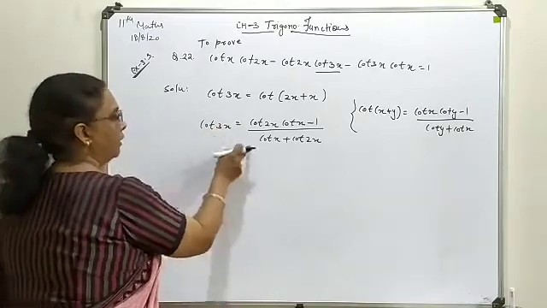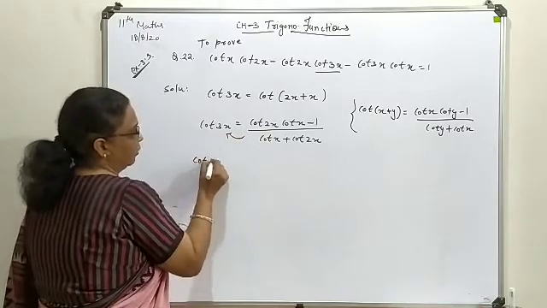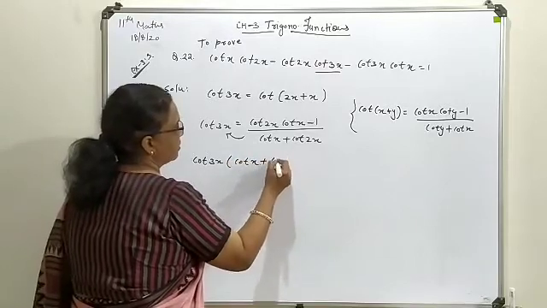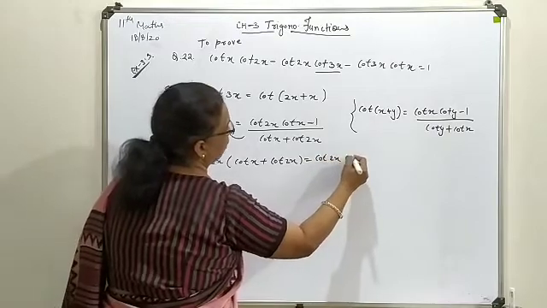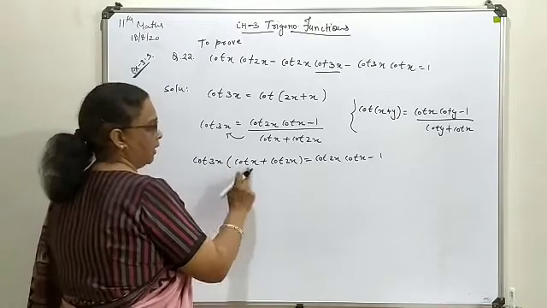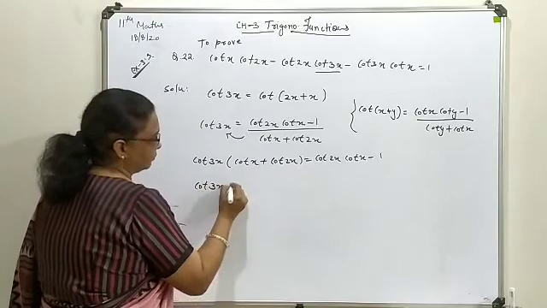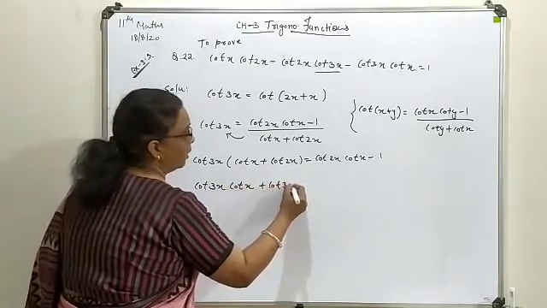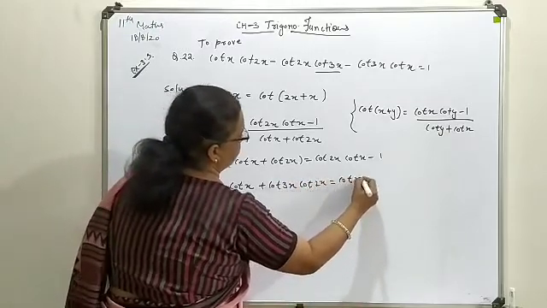Now make them cross multiply. So this will give you cot of 3x multiplied with cot of x plus cot 2x. That will be your cot 2x cot x minus 1. Now multiply this cot 3x to this bracketed term, so these two terms will be separated out. The whole question we are going to generate on the basis of the one term from where we have started. Right hand side no change.